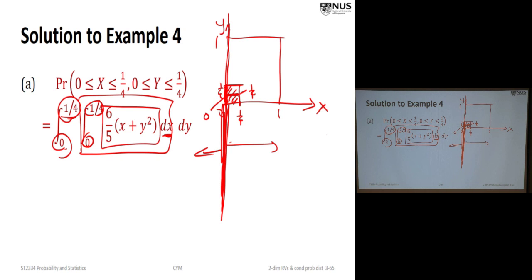Now why do I have to stress that? Because in some other problems, the region may not be a square or rectangle. Then you have to understand what happens when you squeeze it. For example, let me draw another example. Suppose I'm looking at this, let's say 1/2 and 1/2. I'm looking at this region. When I integrate x first, I fix y. So I integrate from this point to this point.